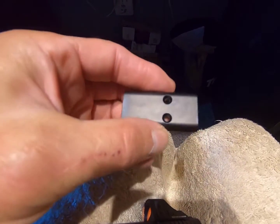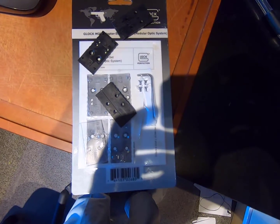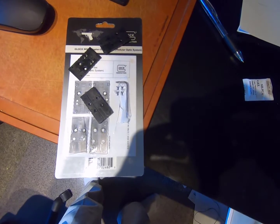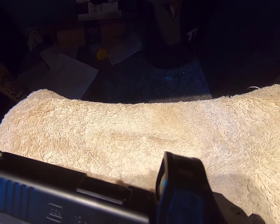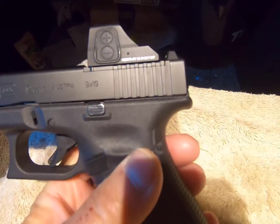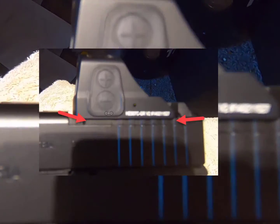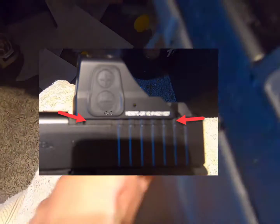And then I wasn't aware of it, but my son informed me the Glock pistol came with mounting brackets when you purchased it. So I looked in there and one of the 4 mounting brackets worked. So all I did is put a little bit of Loctite on the couple screws, and I screwed the mounting plate in, which you can almost see, and after that I basically just put Loctite on there once again, and I put these 2